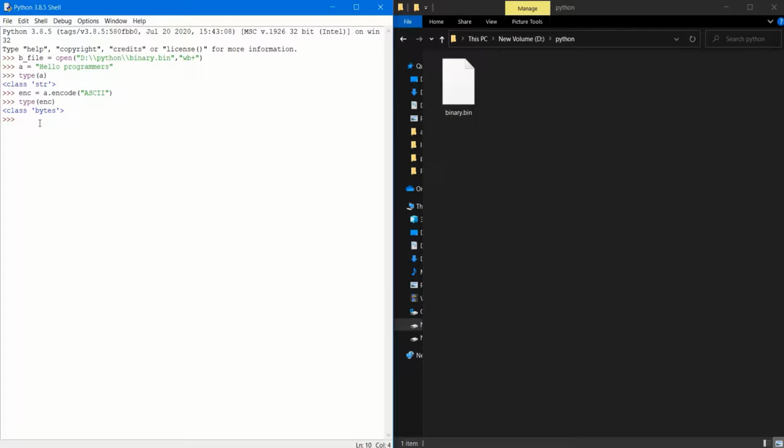So we can put this data into our binary file. For putting this data into our binary file, we will use the write function, and within it we will pass enc, the encoded data. So 17 characters have been written.